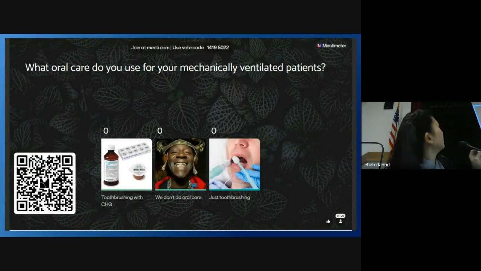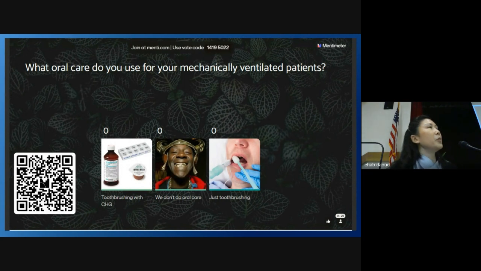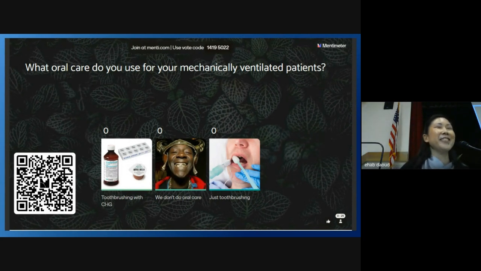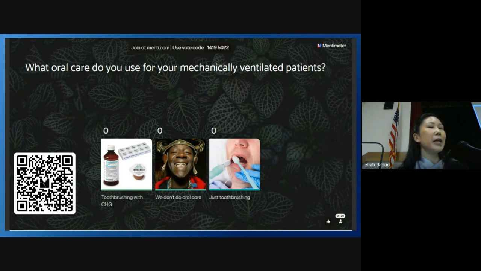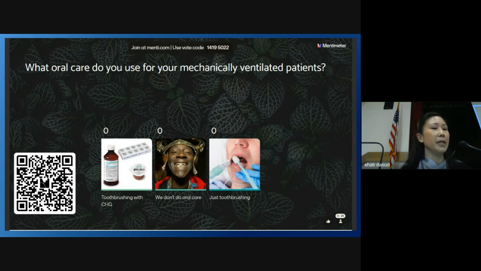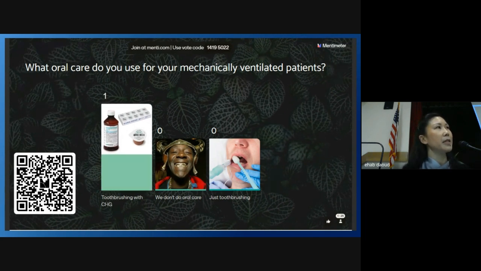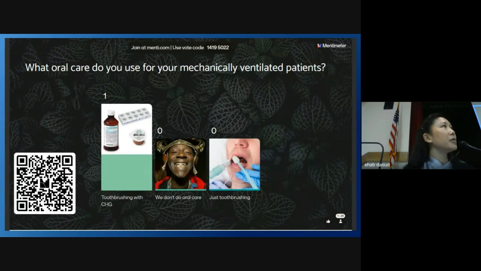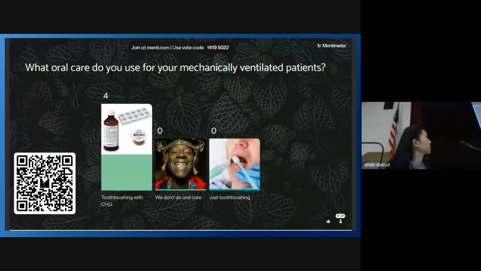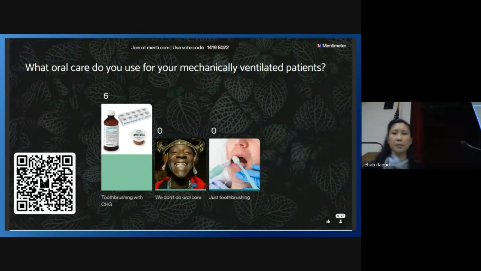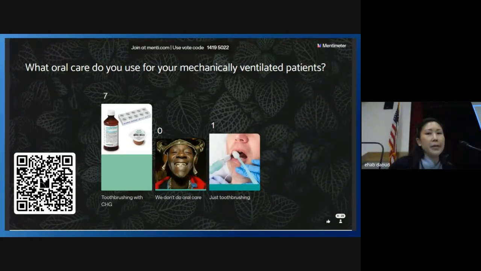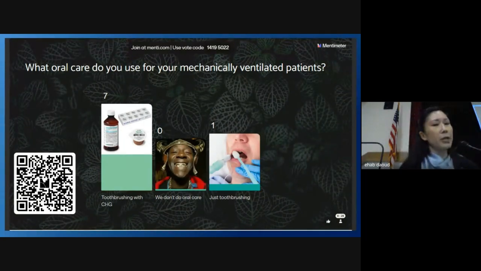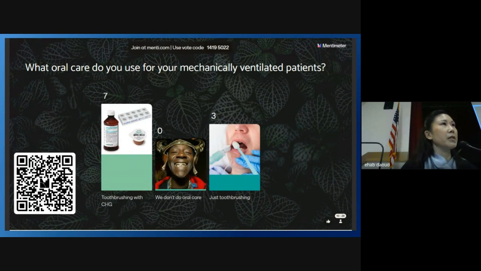Okay, and then hopefully, I guess this one works. Moving on to a different topic, oral care. This is another controversial topic that we've been going back and forth with. So oral care, do you use it in your mechanically ventilated patients? What types? Do you use toothbrushing with CHG or chlorhexidine? Do you not do oral care, or do you just do regular toothbrushing? Okay, so to save some time for questions, it looks like we're still doing CHG or chlorhexidine with toothbrushing